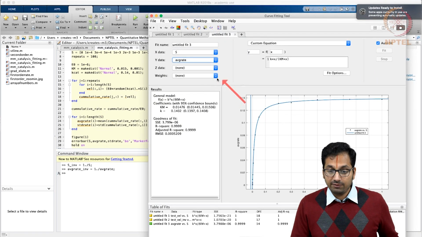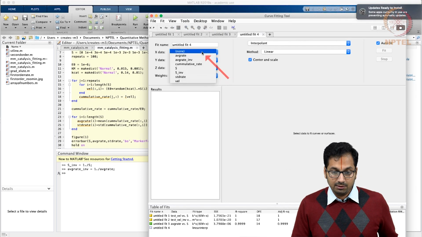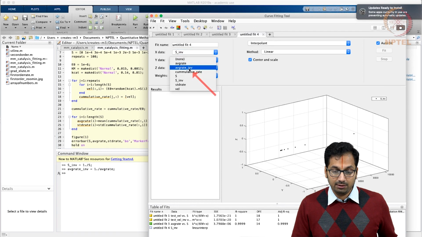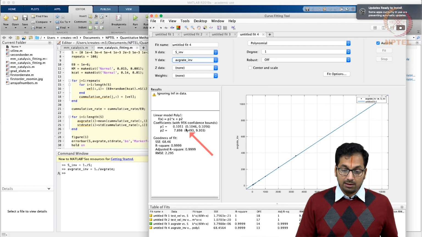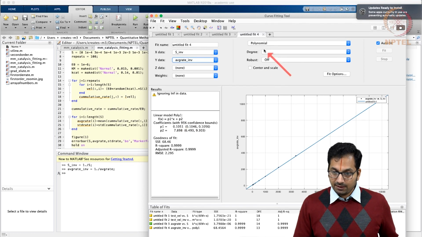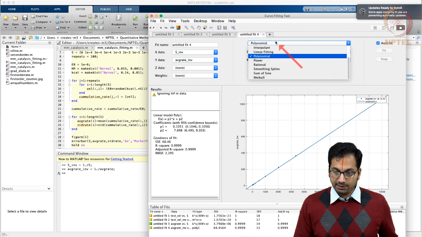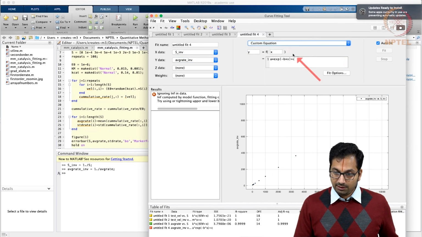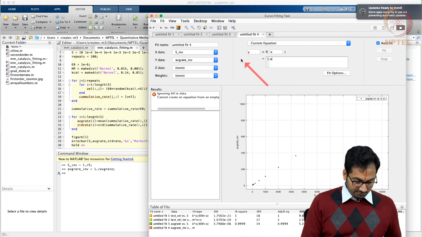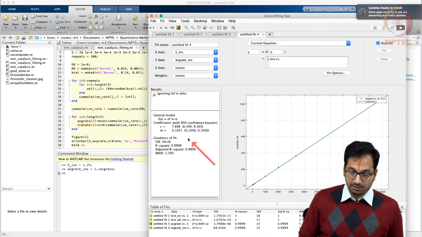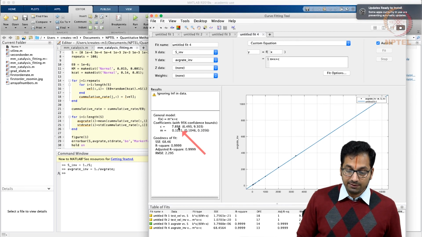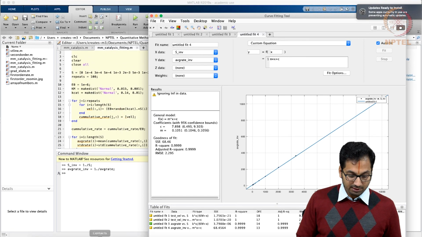So now let's go back and fit it. This is a third fit. Remember we have had 100 such data points. It's going to look pretty reasonable, and you are able to realize that the intercept, which is P2, comes up as, we can actually go back and write our own equations. That's a good practice. Write a custom equation of m star x plus c. This is y equal to mx plus c, the standard plots that we have, and the intercept is 7.898. So we have to take the inverse of that.